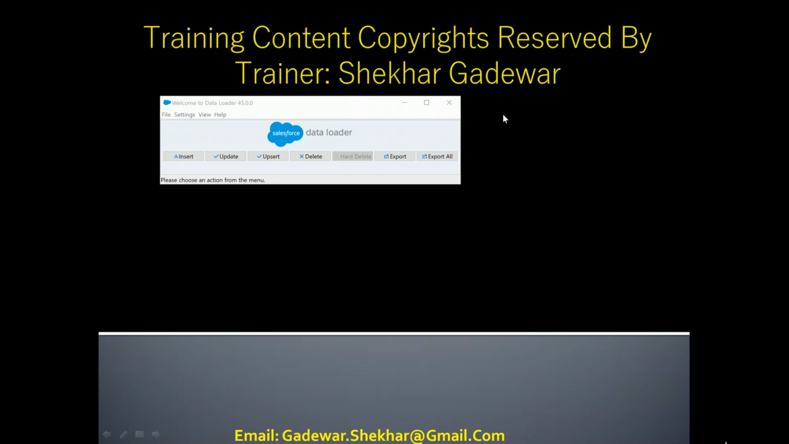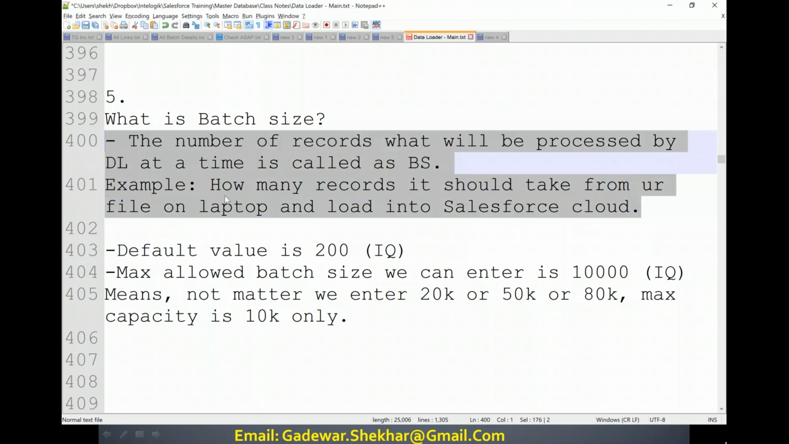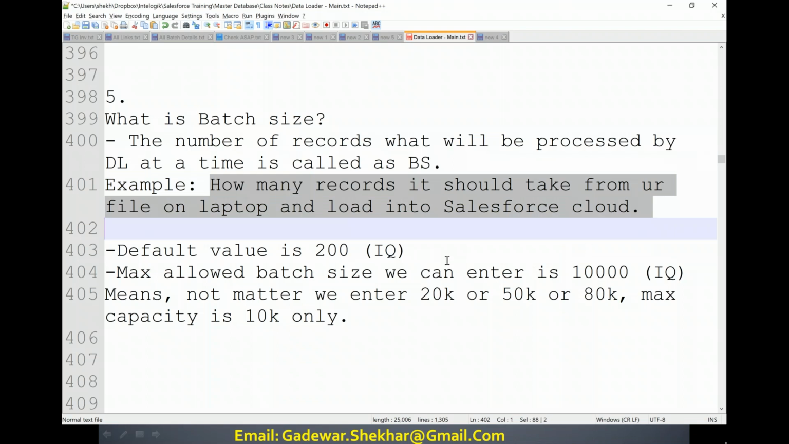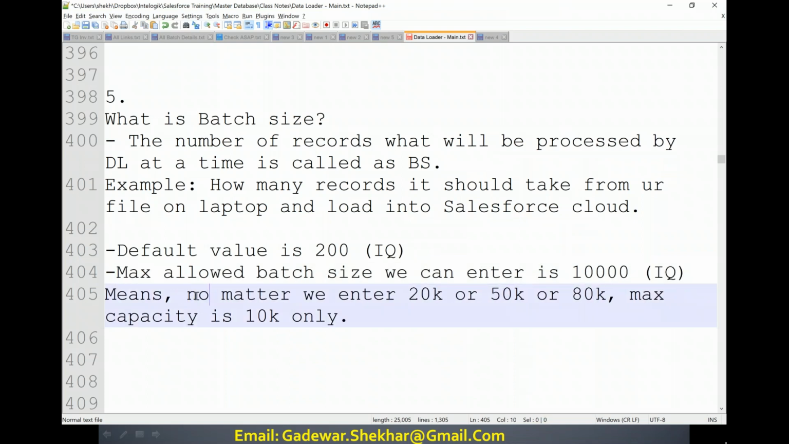And now let me tell you another important thing related to that. So look at the batch size. What is batch size? The number of records that will be processed by data loader at a time is called batch size. For example, how many records it should take from your file on laptop and load into the Salesforce cloud. Default value is 200. Maximum allowed batch size we can enter is 10,000. No matter if we enter 20K, 80K, 50K or whatever, maximum capacity is going to be 10K only,